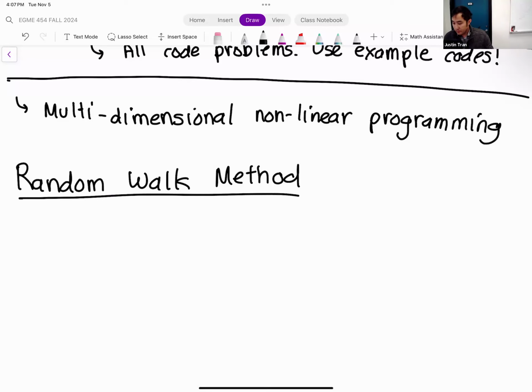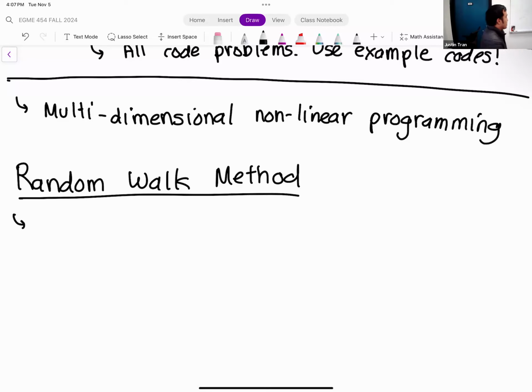I've had some colleagues call this method the drunken walk algorithm. You know, optimization people are really funny. They give their algorithms really funny names sometimes, and it helps make them really memorable. Okay, so how does random walk work?